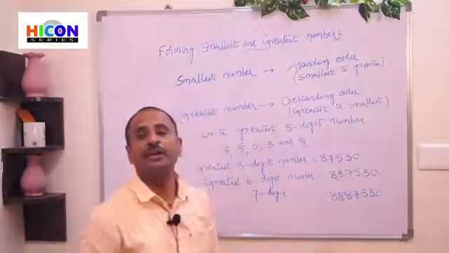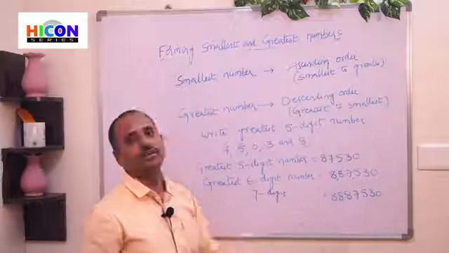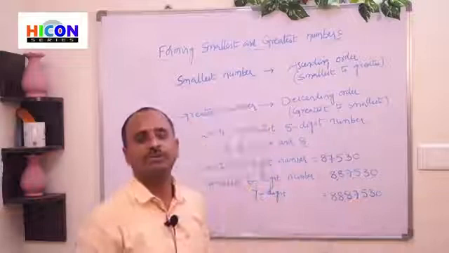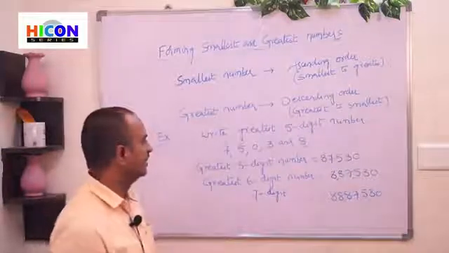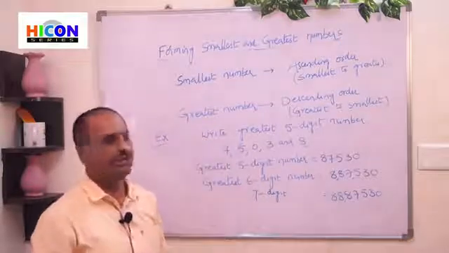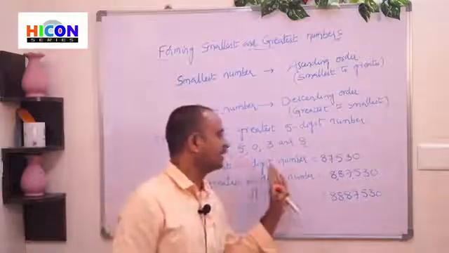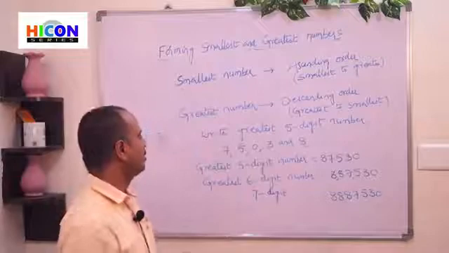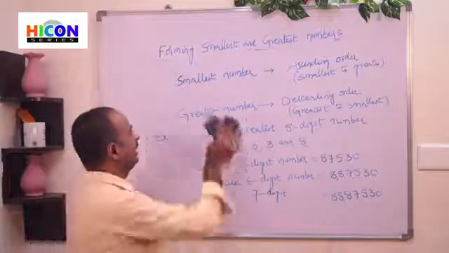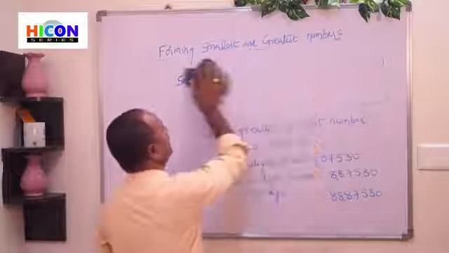I have repeated the greatest digit 8 two times, and the 8s are written at the left side of the given number. Then it becomes 88,87,530. So children, in this way we can form any number of digits from the given digits. The greatest number can be obtained by arranging the given digits in descending order. In the same way, how can we write the smallest number?